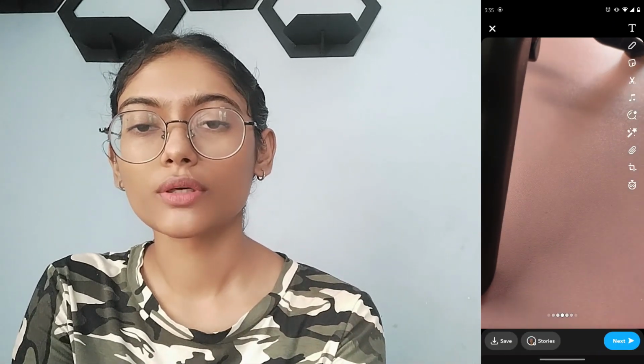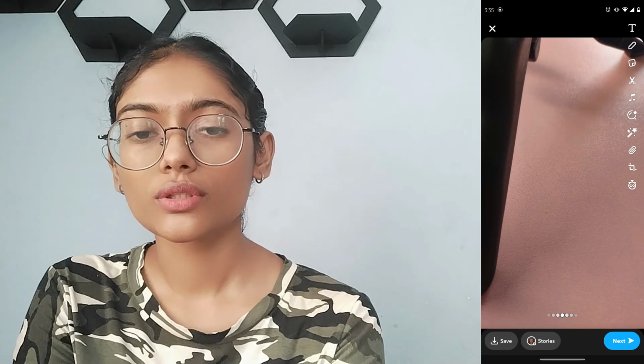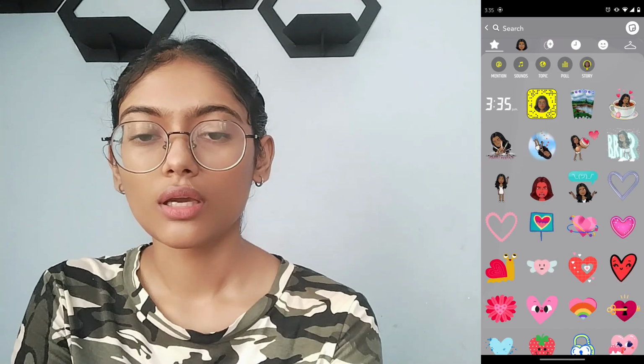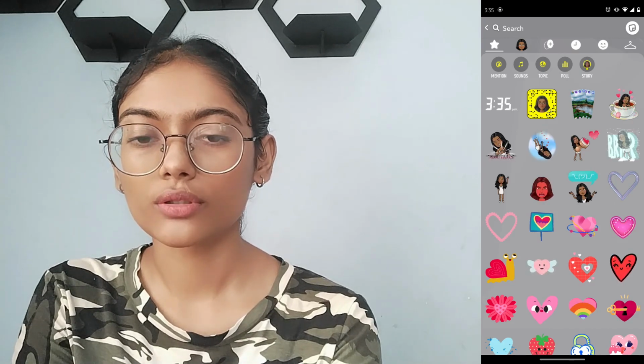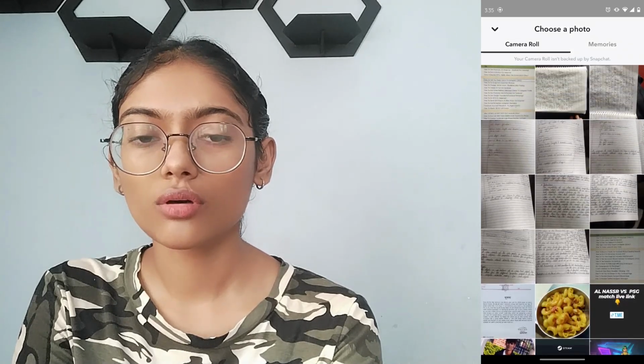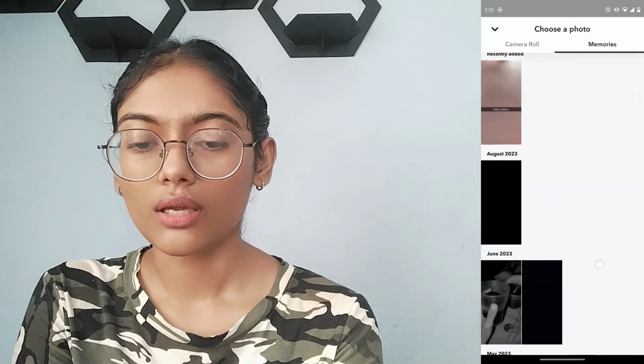you will have a bunch of options, right? So you can simply go to the third option, which is the stickers, and now you will have the photos option. Tap on that, and then you can simply choose a photo from your camera roll or from your memories,